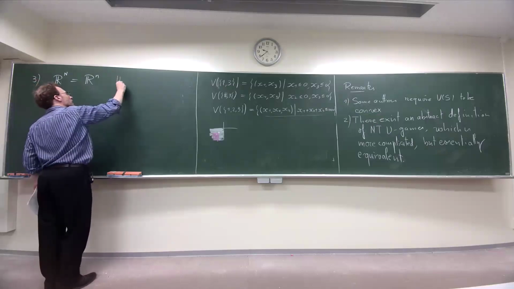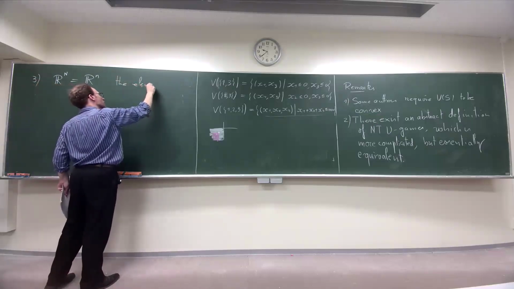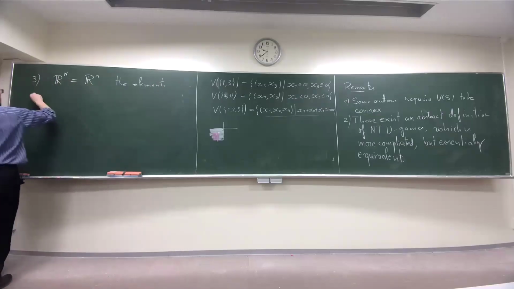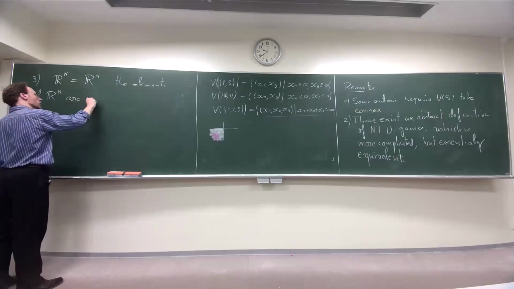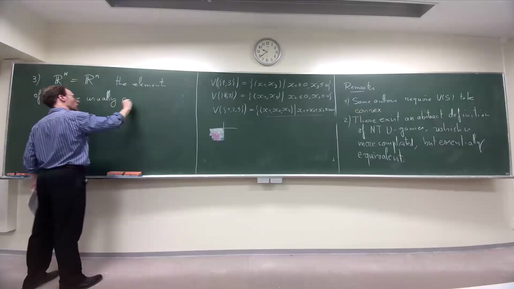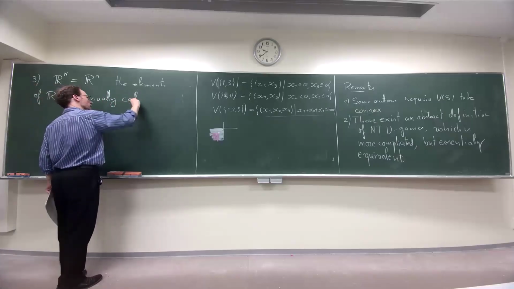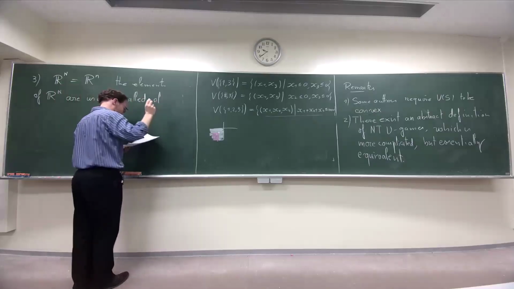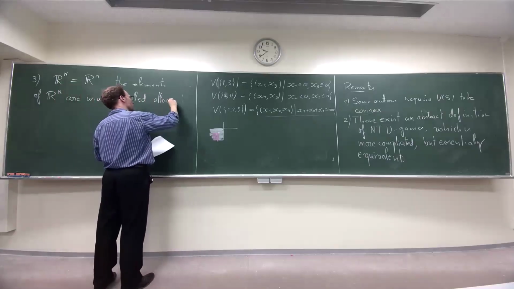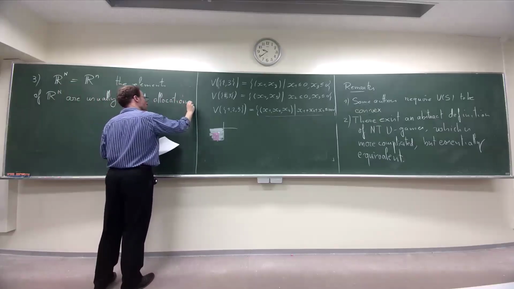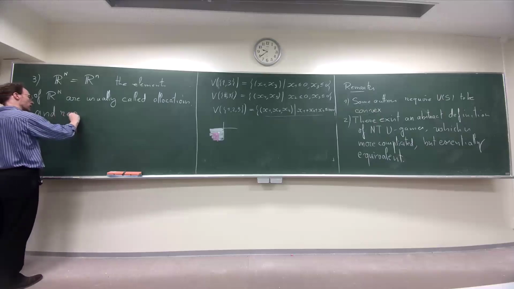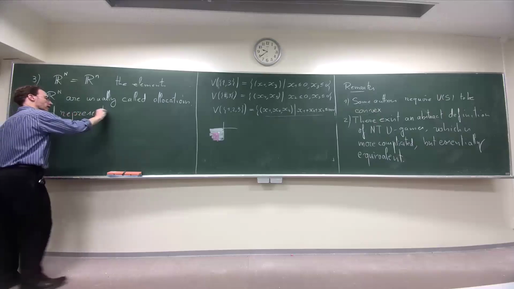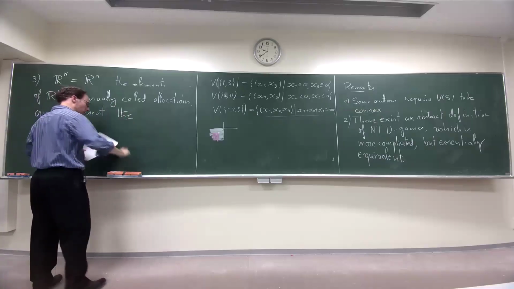And the elements of Rn, so the points in this space, are usually called, in this framework, allocations. They are called allocations. And usually they represent what a player